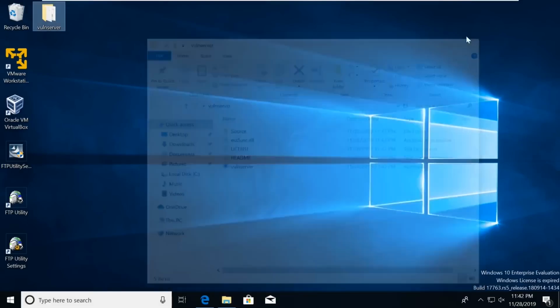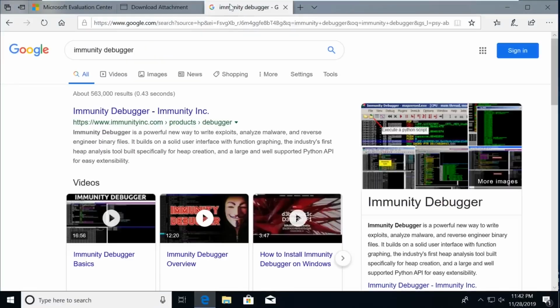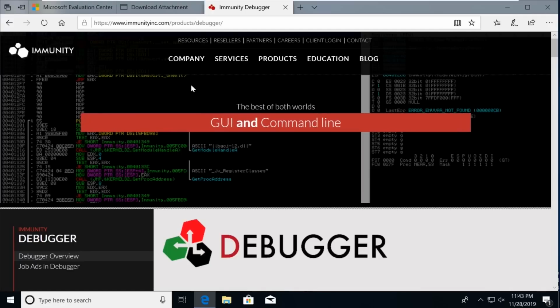And then the second part is Immunity Debugger. So if we come over one tab here, we've got Immunity Debugger from Immunity Inc. And this is the link we want to click on. Now what this is going to do is allow us to run the program through this debugger, and then we can see all sorts of cool stuff. It's a program debugger. So when we are triggering different types of exploits, we can see how it's affecting the memory, the stack, how it's affecting the program, and it'll make a lot more sense once we're in there,